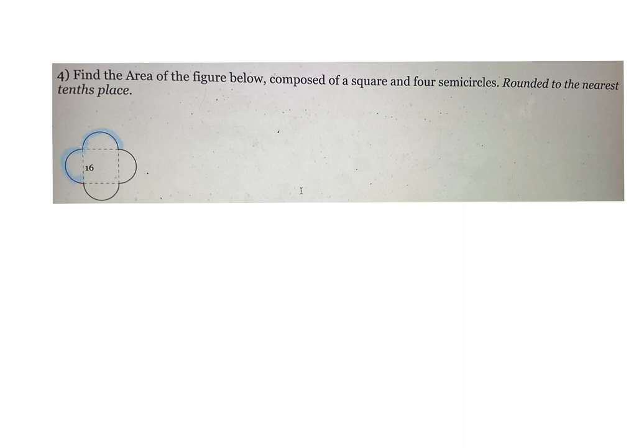So we have 2 semicircles, that makes 1 whole circle. We have 2 more semicircles, that makes a second circle. All the semicircles are the same size, but on the interior, you have a square. All right, so my square is 16 around all the sides, so it's 16 times 16, that'll give us